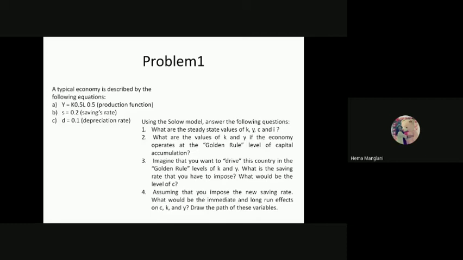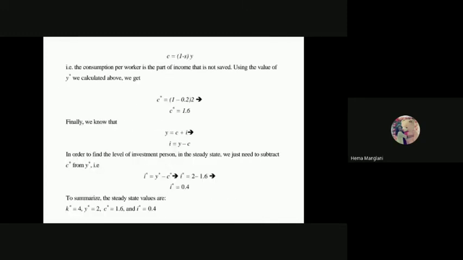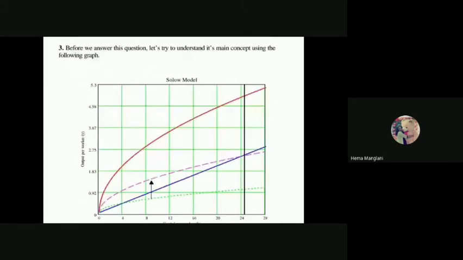The K star is equal to 4 and your golden rule K is 25. So your potential allows you. In that case, definitely your C and your S both have to increase. So how to solve this? For the third problem, go to this graph first. The graph is indicating the same situation as we have done in the transition.